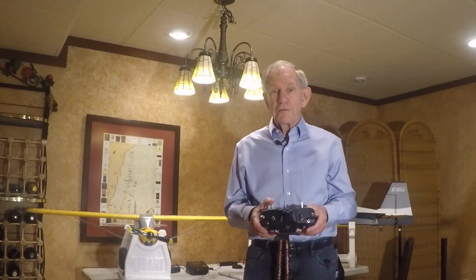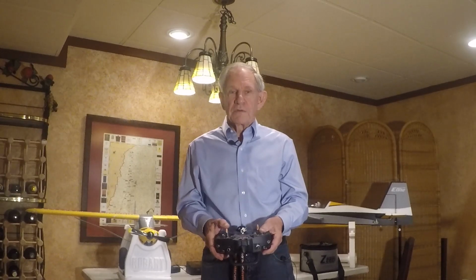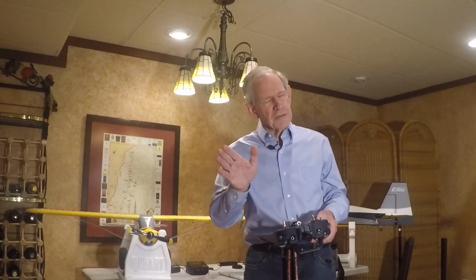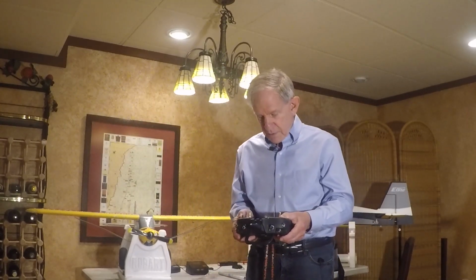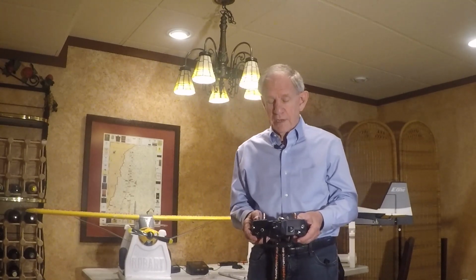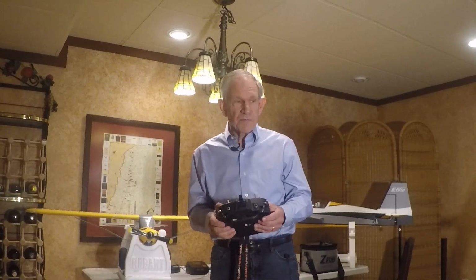Now, intuitively, if you know what you're doing, you should pull some elevator to stop the descent. And if you do, you'll get a nice constant rate, if you did just right, a nice constant rate, constant altitude turn. If you don't, you're going to crash. And if you do it at low altitude, you may not be able to react quick enough on that first turn after takeoff. So for that reason,